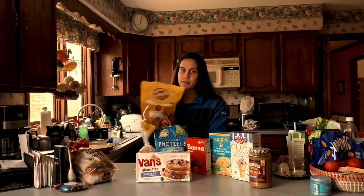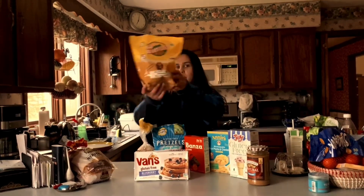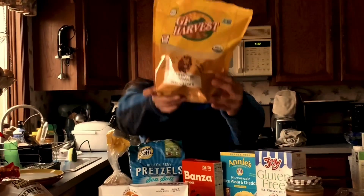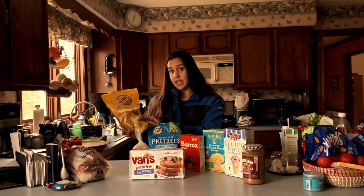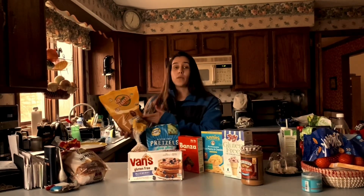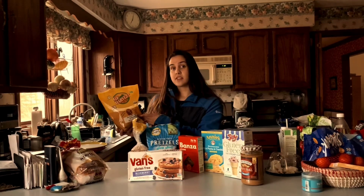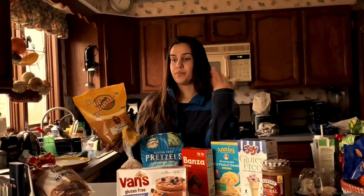Next up, we have what would be my typical breakfast every morning. And this is Gluten-Free Harvest's gluten-free organic rolled oats. What separates this brand from the rest is that it's owned by a family of celiacs. Now, the whole processing of oats to make oatmeal is typically made next to other wheat or gluten type grains,